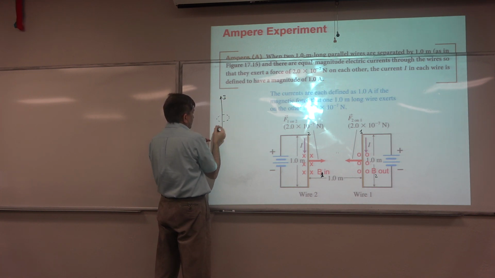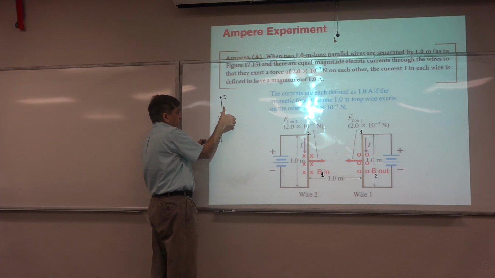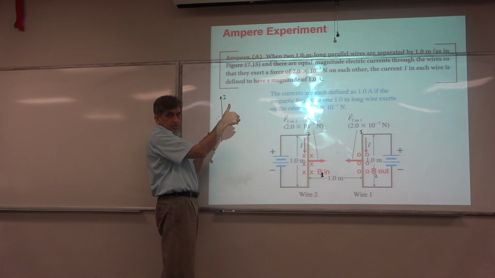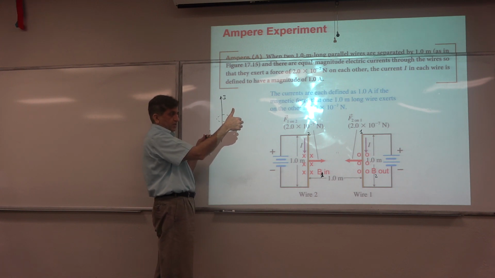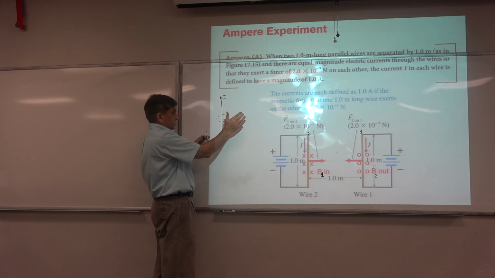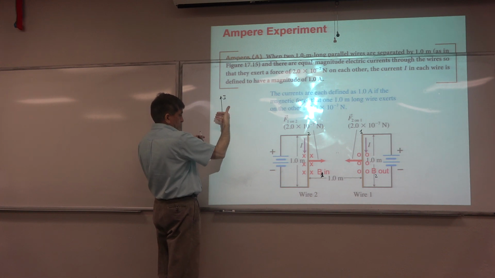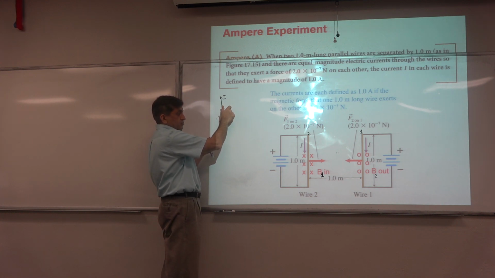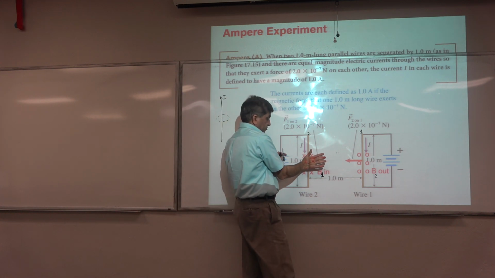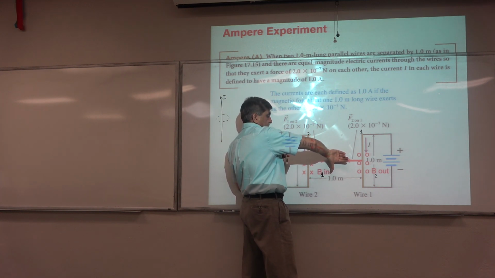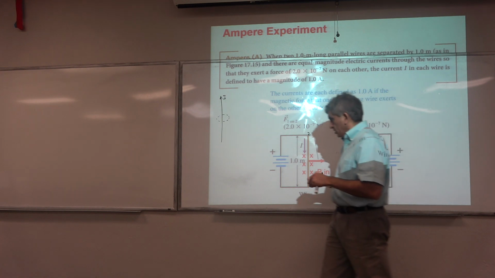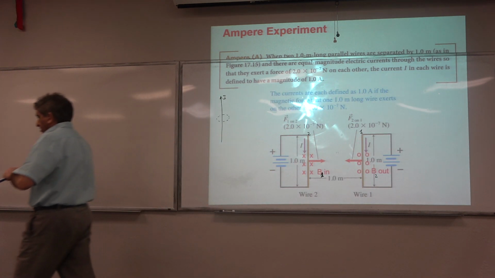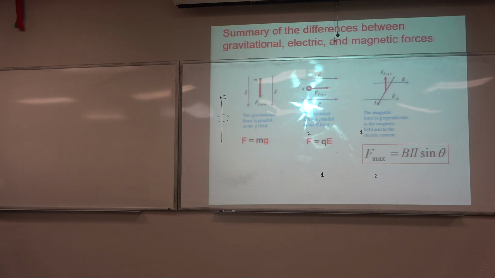Okay, keep in mind we said if a current carrying wire has a magnetic field around it, that magnetic field we find out by visualizing grasping the wire in our right hand, thumb in the direction of the current and the fingers in the direction of the magnetic field around it. That is the magnetic field produced by this wire. The same is here. The magnetic field due to this wire is here. Magnetic field due to this wire is here. Okay? Now, that magnetic field, which we talked about,